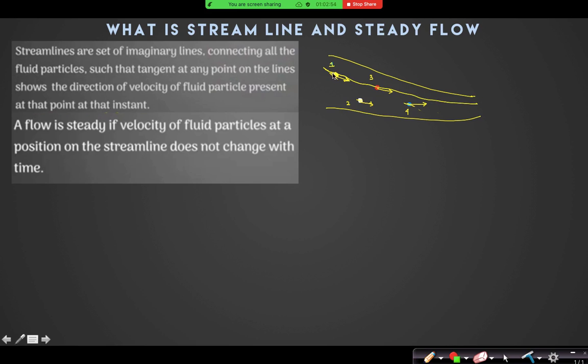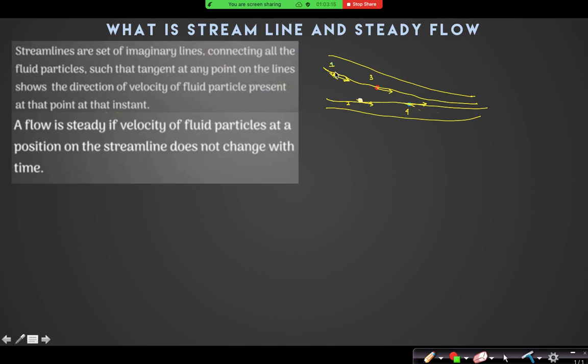You can see I have joined points 1 and 3 with that streamline. I can also join points 2 and 4 with another streamline like this. You can see now, as I have drawn, 1 and 3 lie on that streamline,